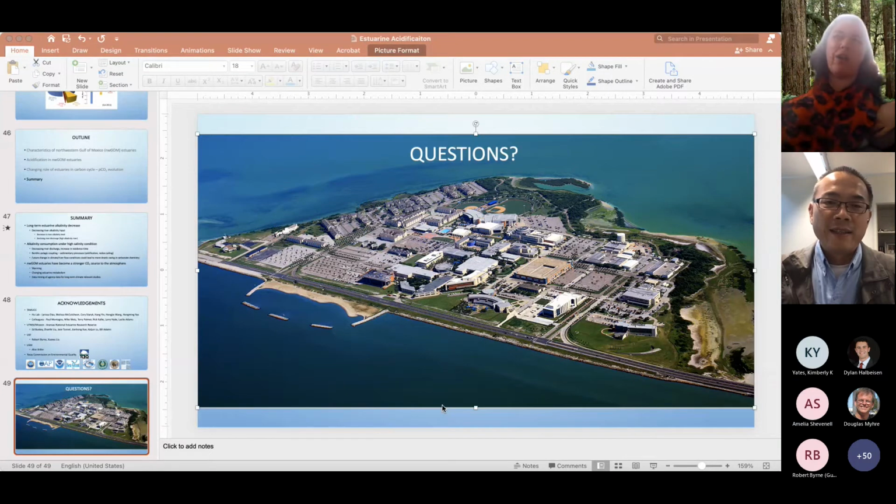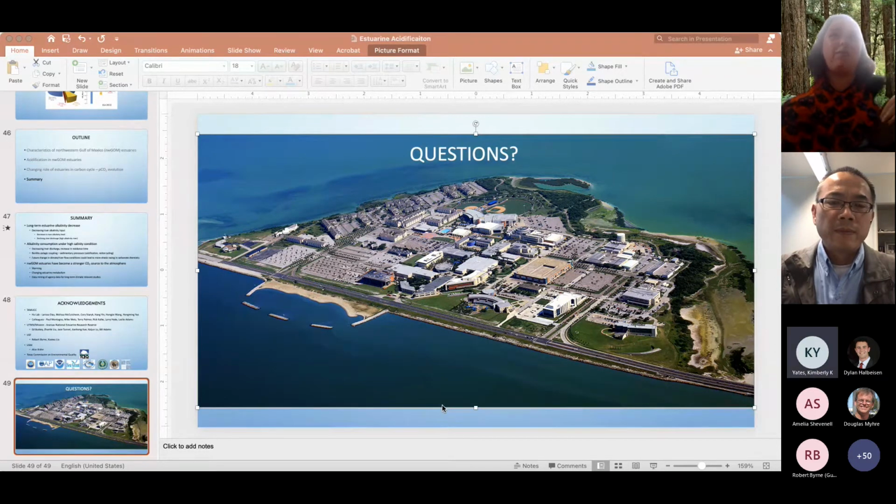My question is actually kind of related to Dylan's question in a way. I was wondering, when it comes to the decrease in alkalinity and it being possibly related to, if I understood correctly, the drought and then flood and resuspending of sediments, have you gotten a chance to look at, especially when you showed that figure at the beginning, certain estuaries where we're seeing that decrease in alkalinity and certain ones where we weren't?